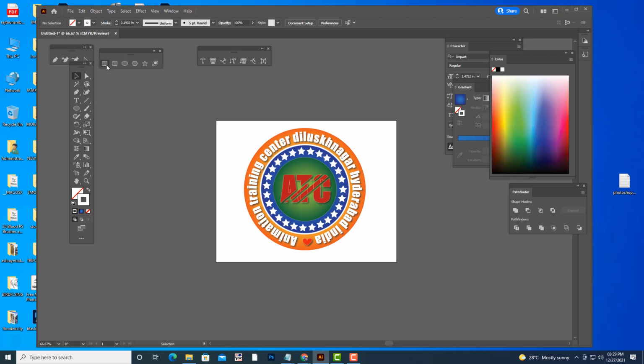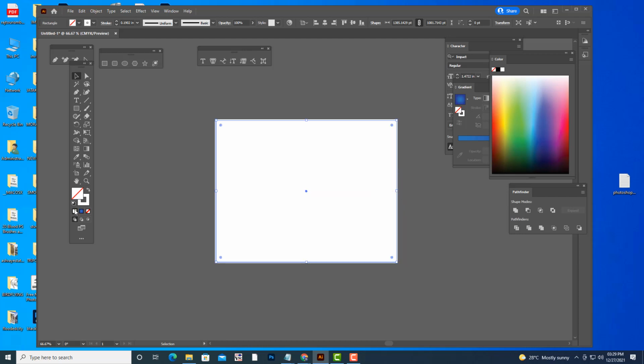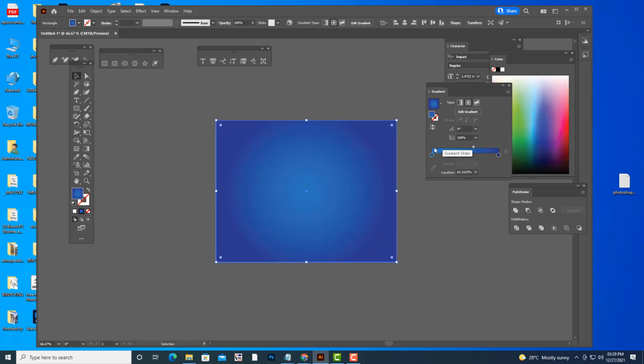Just take one rectangle, create some color, and turn off the stroke. We can actually give some gradient.